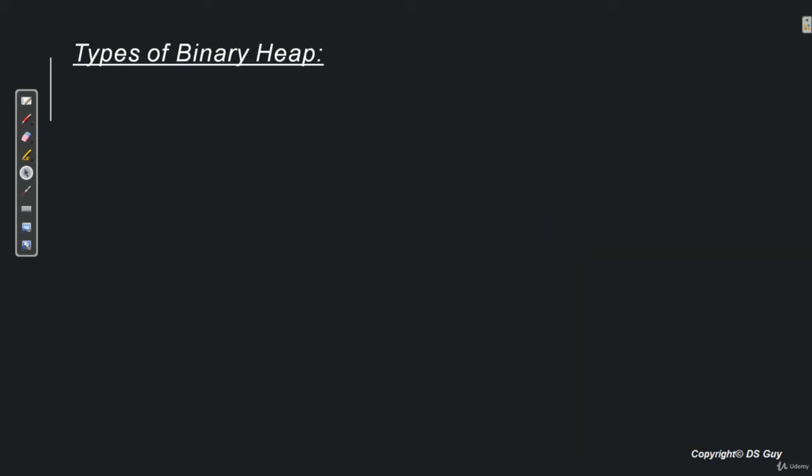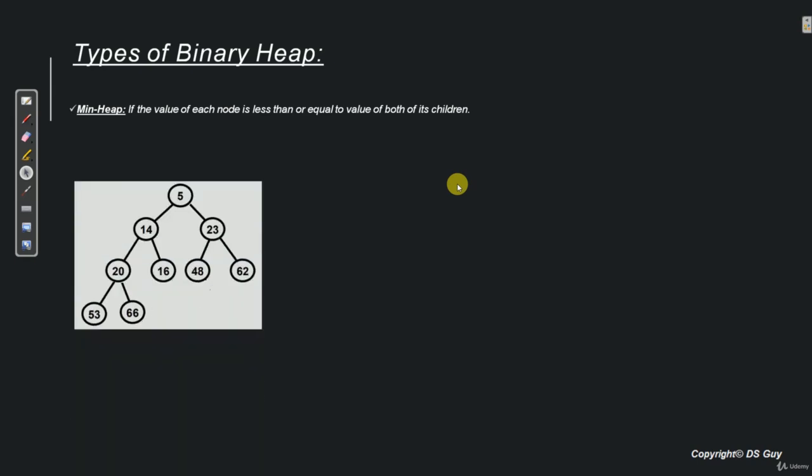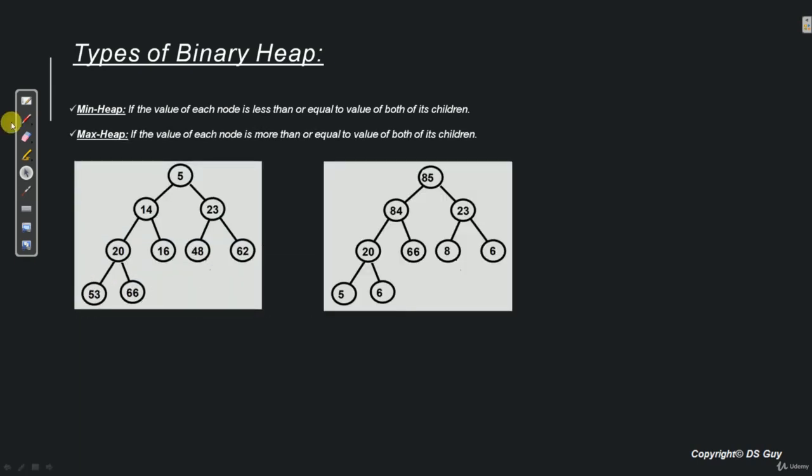Now before diving deep into binary heap, let's see what types of binary heap we have. Basically, there are two types of binary heap. One is min heap and the other one is max heap. Now what is a min heap? In a min heap, the binary heap guarantees that the value of each node is less than or equal to the value of both of its children.